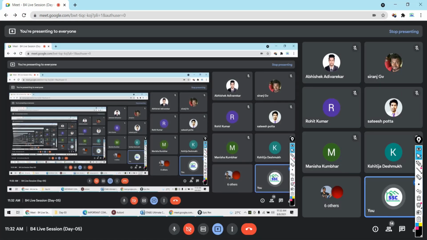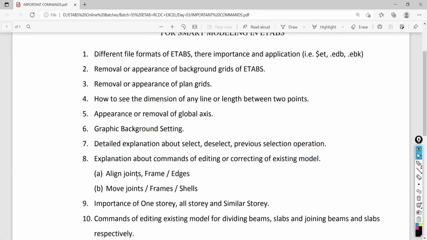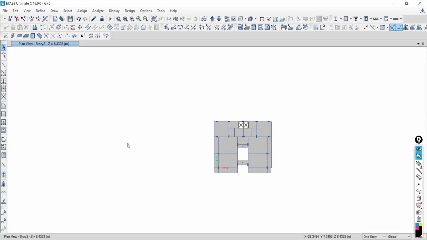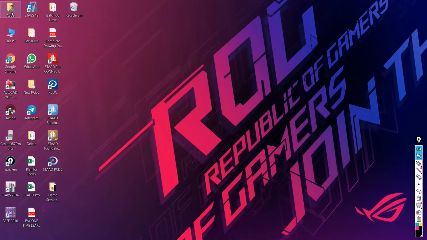Now coming to the next point. What is the next point? The importance of one story, all story and similar story. A very important point we are going to cover. So go to Edit, say close and